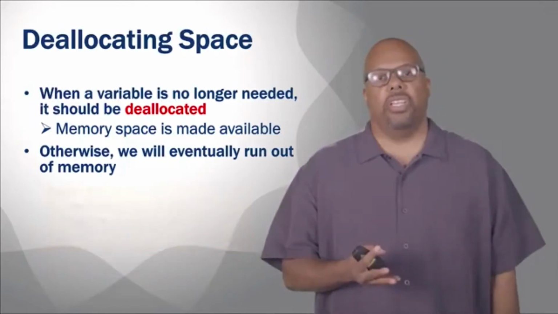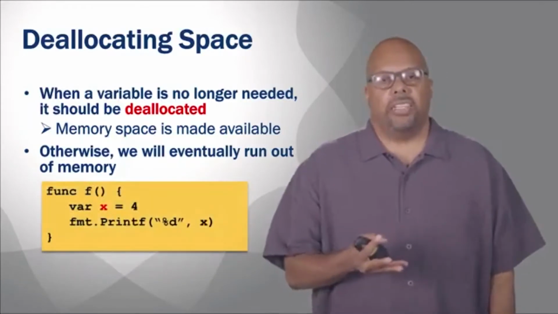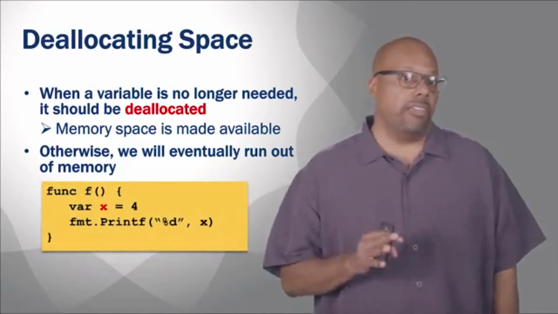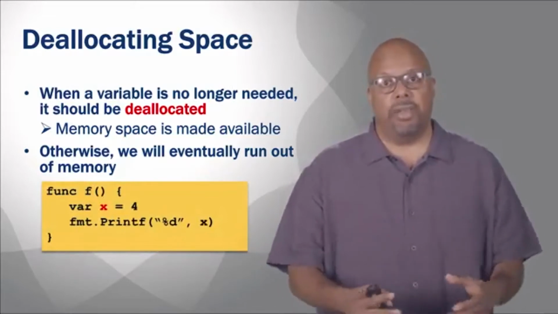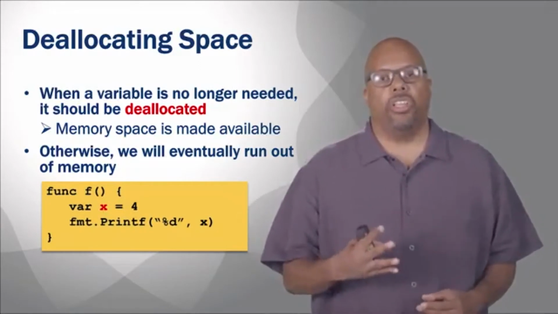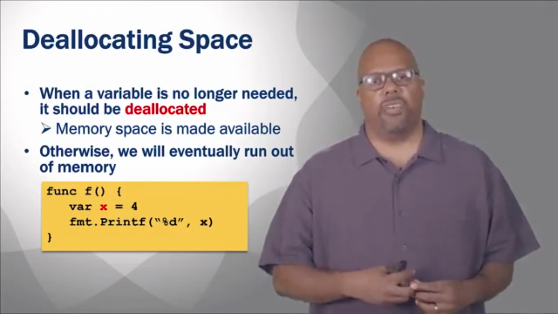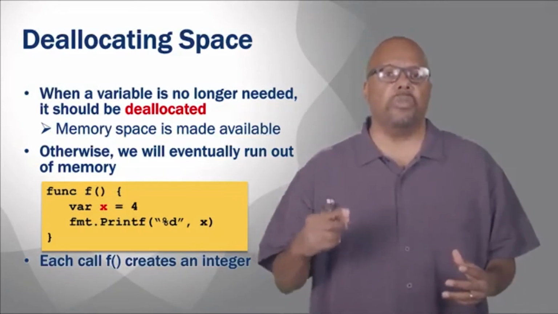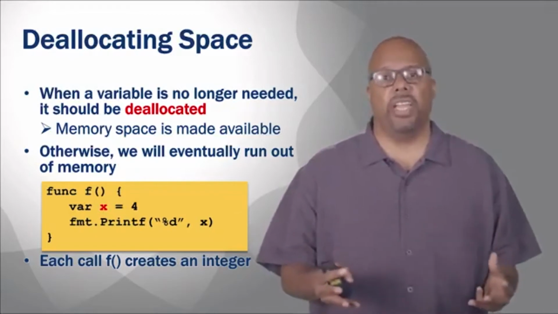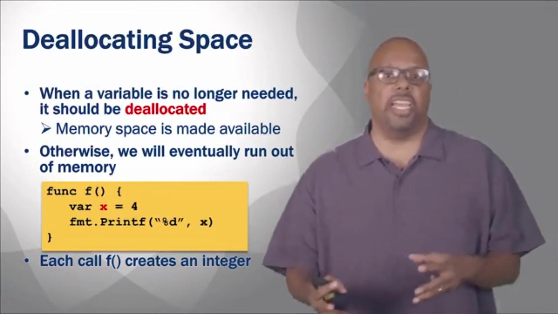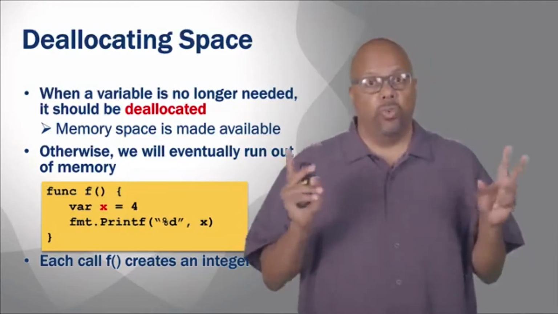So for an example, if you look at this piece of code, it declares a variable x, var x equals 1. So when the process runs, it has to allocate a memory location just for x to hold it. Now, say you call this function F 100 times, right? Then it's going to allocate 100 different spaces for this variable x, because the x goes away after the function completes. The x goes away, it's going to allocate it again. It should go away. You want it to go away.